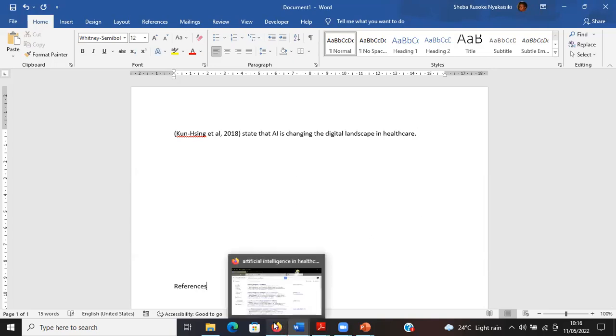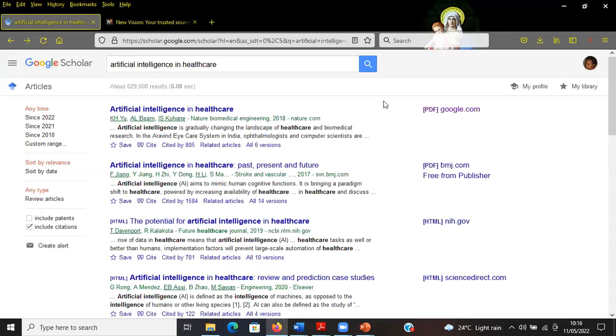Now, for me to get a copy of all my references, once I've got them from Google Scholar, one of the nice things that Google Scholar does is it can allow you to extract the reference in its appropriate format and include it in your text. So you have now come back to the Google Scholar page where this particular article is, and I want to reference it.